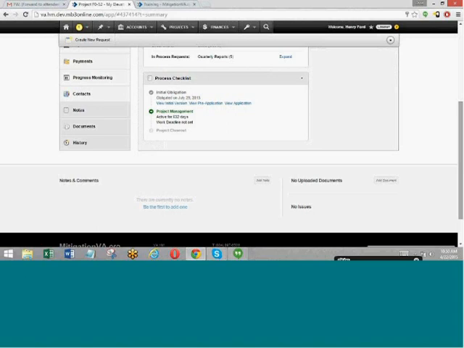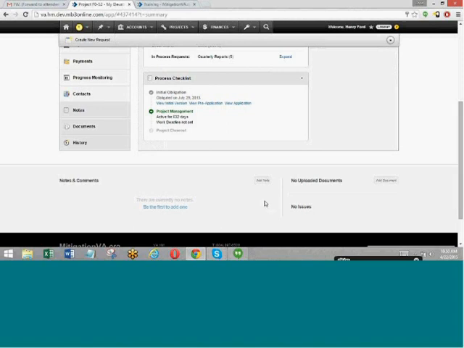There's no limit as to the number of documents that you can upload. You can upload 100 documents if you want to. There's no limit as to the size of the document that you can upload. However, the upload process does time out after 30 minutes. So you can upload as big a document as you want, provided that the upload is completed within 30 minutes. That's the only constraint that you have with uploading documents. And you can upload any type of document, spreadsheets, Word documents, PDFs, images, photos, whatever it is that you need to upload.